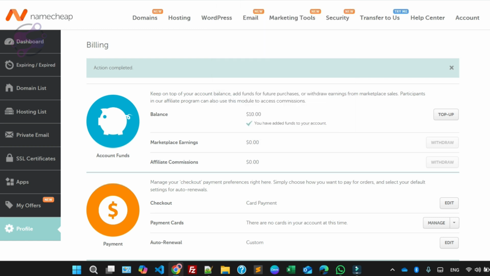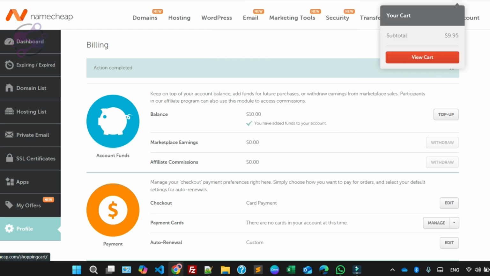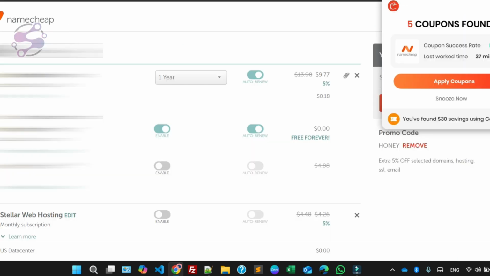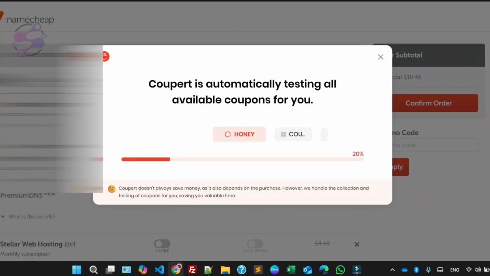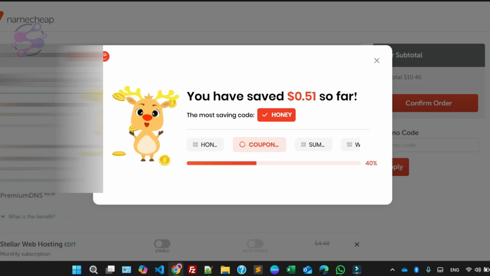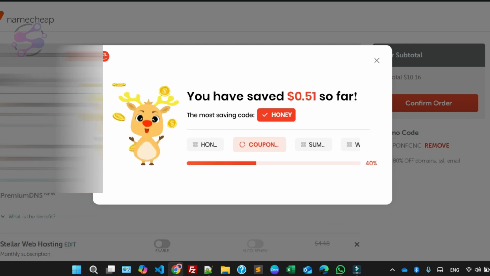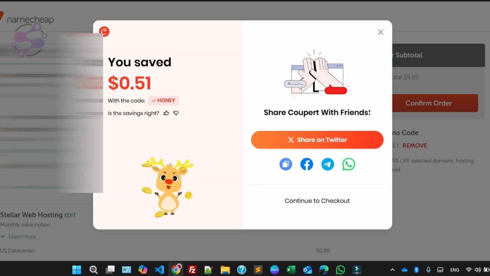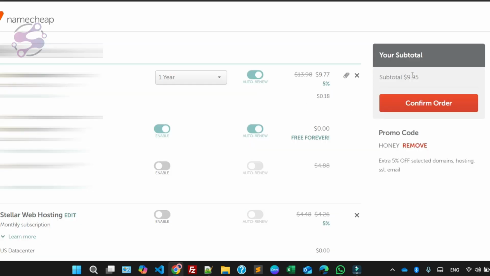Okay, so now as you can see, your balance is shown. How can you purchase this? So now go to the view cart, apply the coupon if you have. So as you can see, $0.5 saved. Okay, now, sorry, $9.95. Just click on the confirm order,